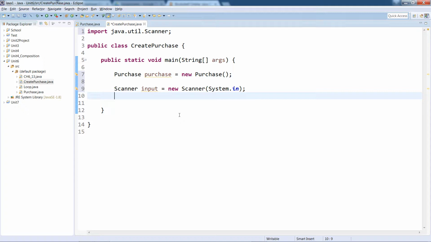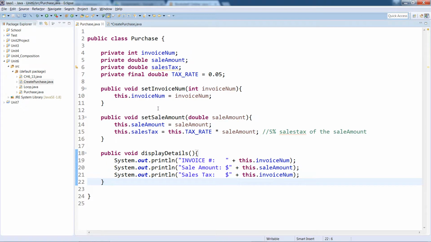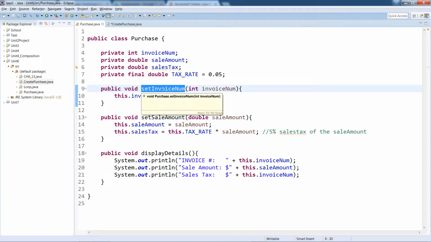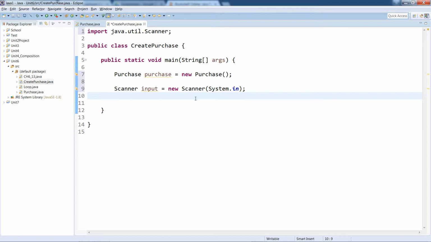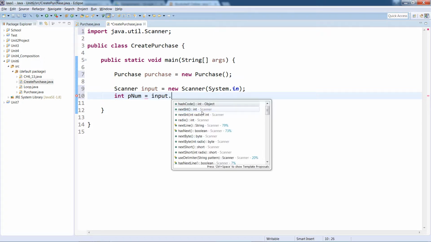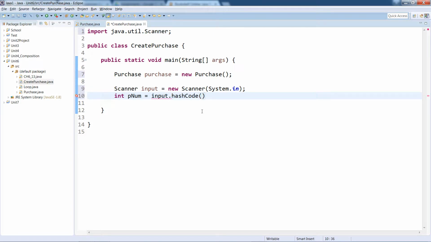So now we're going to read the input into the purchase invoice number, right? We want to add that to the invoice number here. So we could create some temp variable here. We could just say PNUM, I don't know, is equal to input.nextInt. So usually this is what you do, right? You say nextInt